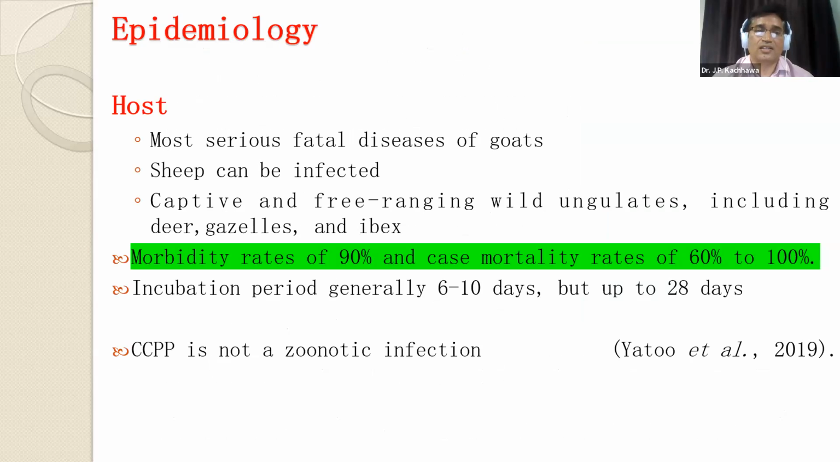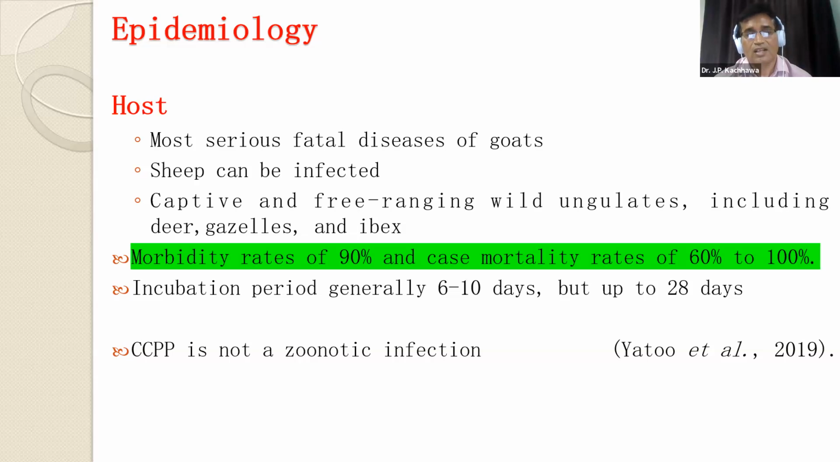This is a host-specific organism. It mostly affects the goat very seriously, but sheep can be infected. Sheep can also be infected experimentally. The captive and free-ranging wild animals, including deer, gazelle, and ibex, are affected, and the organism has been isolated from